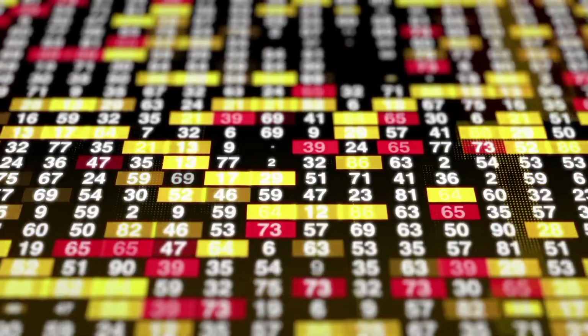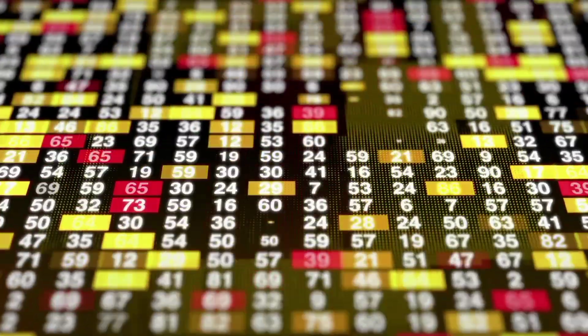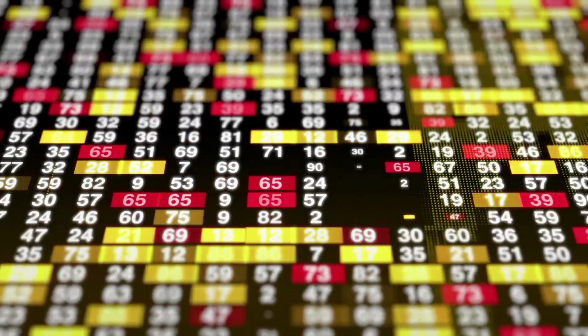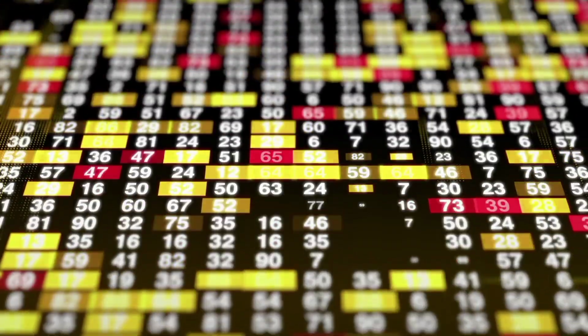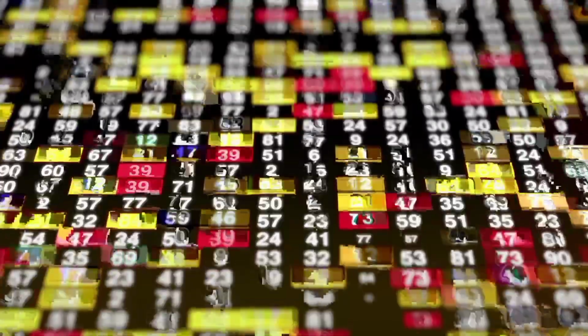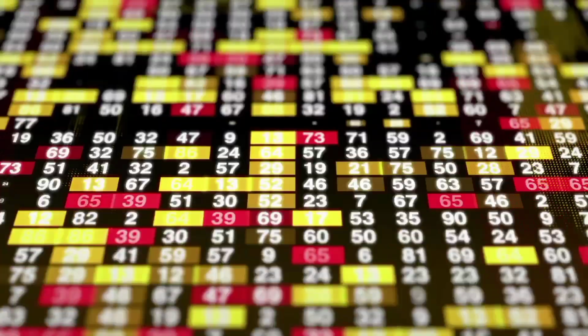Trading is the act of buying and selling financial assets, such as stocks, bonds, currencies, or commodities, with the aim of making a profit. Trading can be done through various platforms, including stock exchanges, forex markets, and online brokerages. Trading can be a lucrative way to earn money, but it requires discipline, knowledge, and risk management.